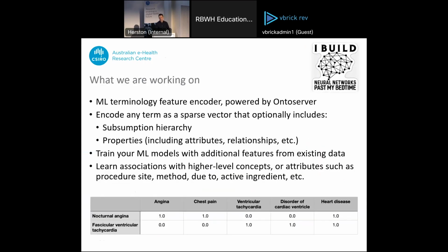So I also just wanted to talk a little bit about some of the future work that we're doing here. One of the things that I've become interested in recently, thanks to Norm wherever he is, is that we've talked about the ontology behind your codes as an additional feature for your data. Well, literally, we can actually create that as an additional feature in terms of something that you can feed into machine learning. So what if you could